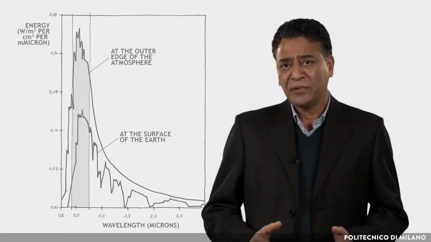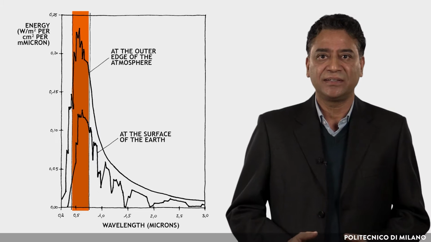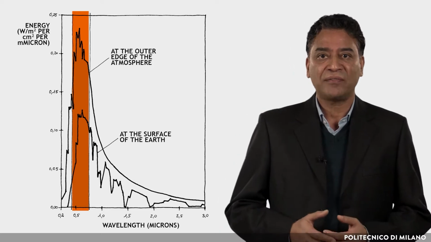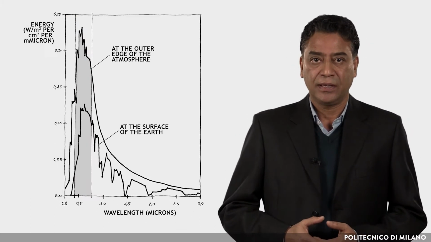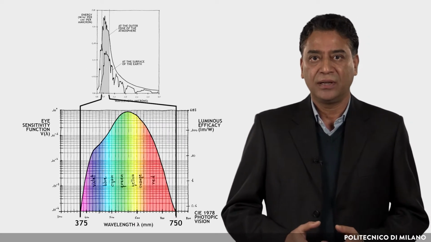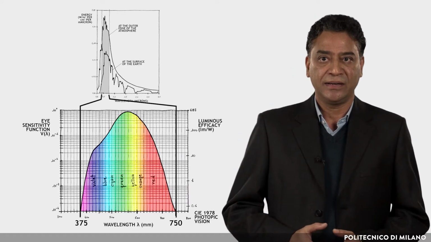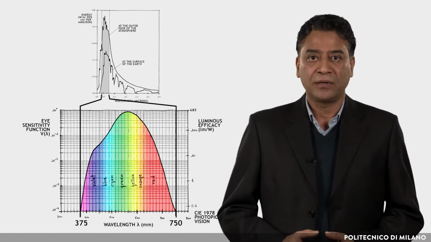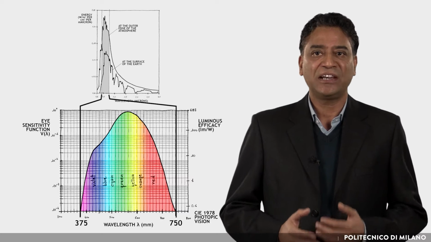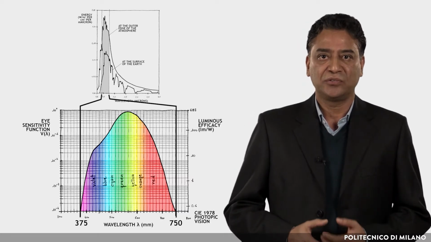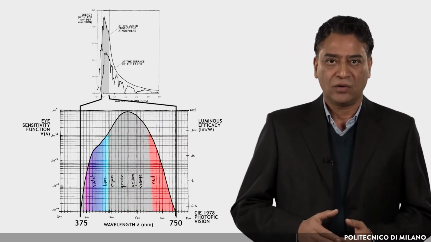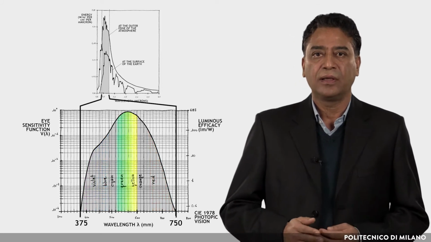What we call light is the part of the radiation that the sun sends to earth that our eye perceives, and corresponds to about half of all the solar energy that reaches us. The range of wavelengths to which our retina is sensitive is between 380 and 780 nanometers. Within this interval, at each wavelength, we attribute a color, but our eye is not equally sensitive to all colors in terms of wavelengths. It is little sensitive to blue, violet and red. It is highly sensitive to yellow and green.